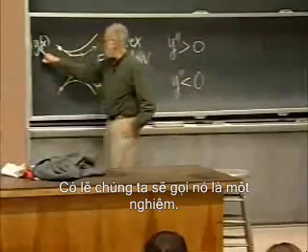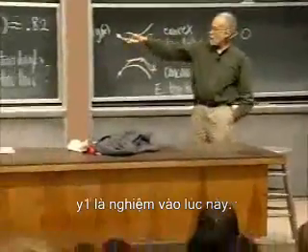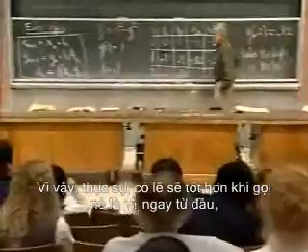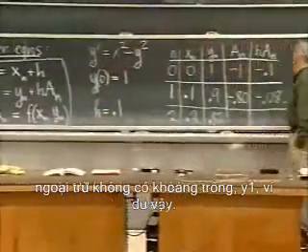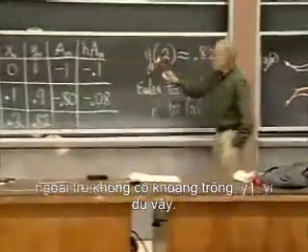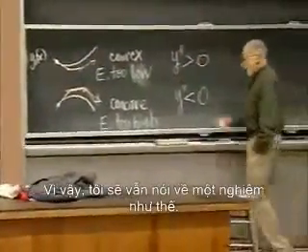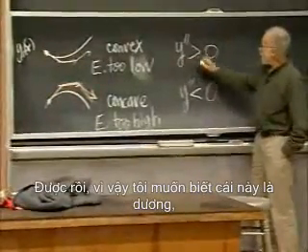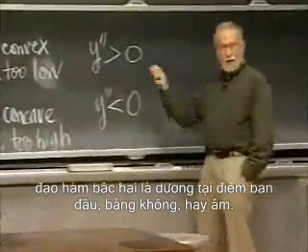We should probably call it a solution. Y of x is a little too vague. y1 means the solution that started at this point. So in fact, probably it would have been better from the beginning to call that y1, except there's no room. y1, let's say. That means the solution which started out at the point 0, 1. So I'm still talking about a solution like that. All right, so I want to know if the second derivative is positive at the starting point